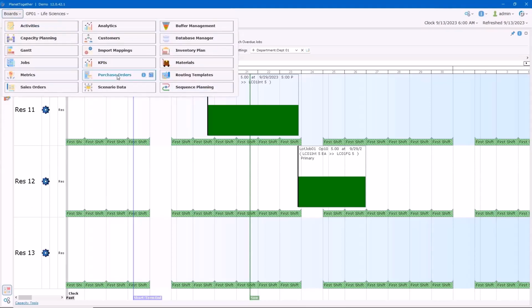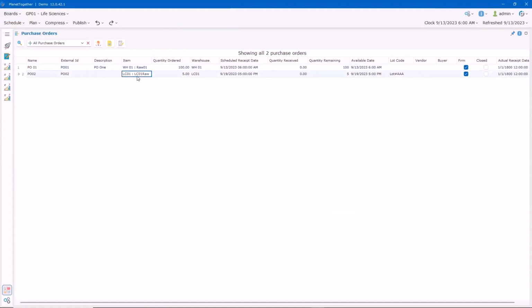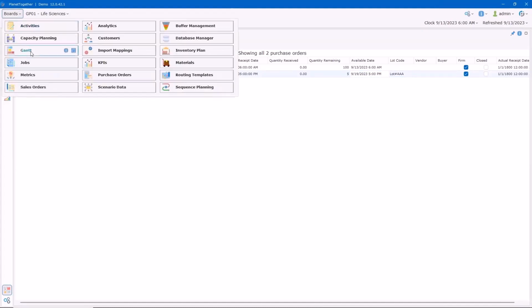Let's first look at the purchase orders board. Here we see the item LC01 raw is being purchased in a lot of 5. The lot number is AAA, and it's due to arrive on the 19th. Now let's look on the Gantt in Department 1,